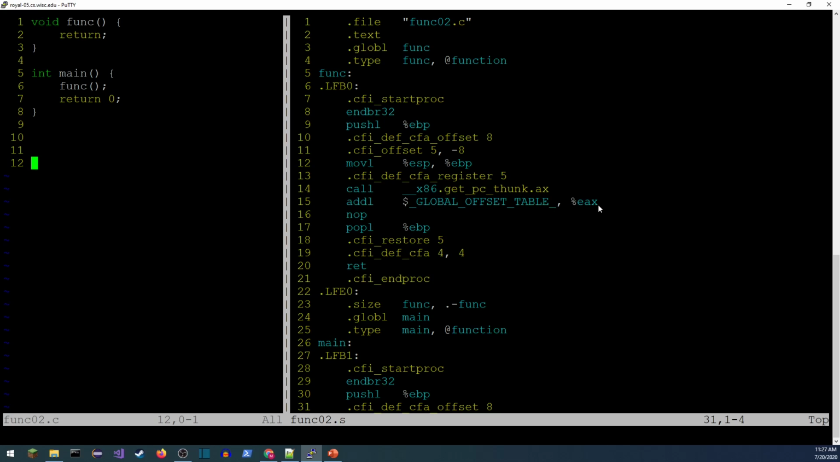Right there, it's preparing EAX with the return value, which then does nothing. Now NOP stands for no operation. And then it does the restore the stack. So this EBP is the base pointer. That's the next topic of the lecture, actually, is the base pointer